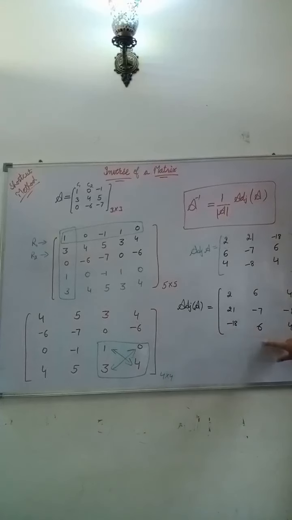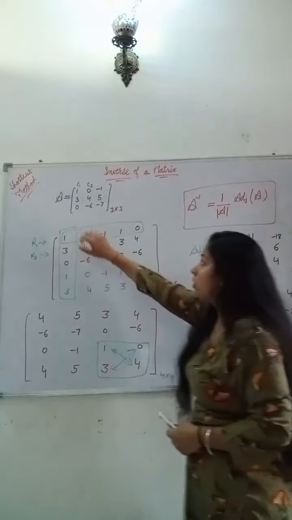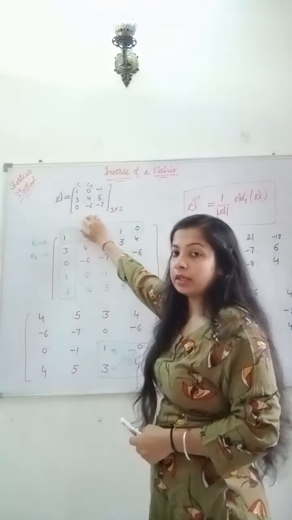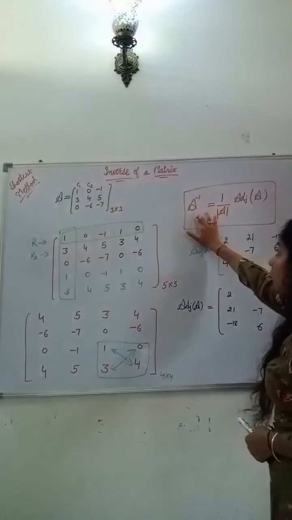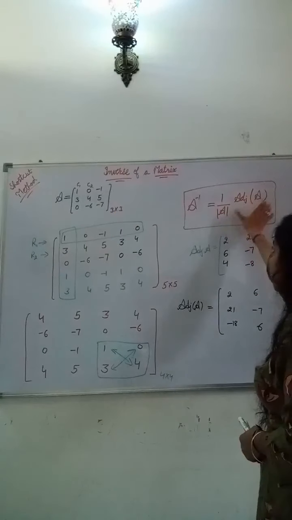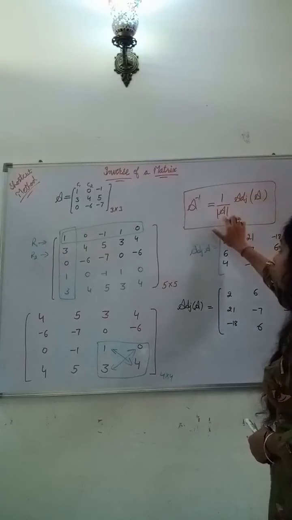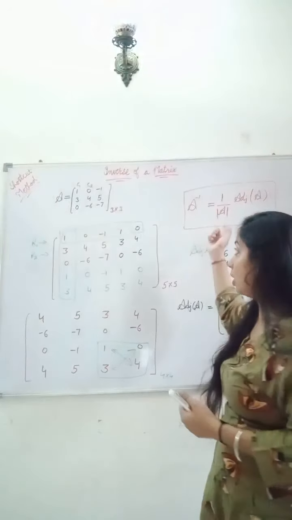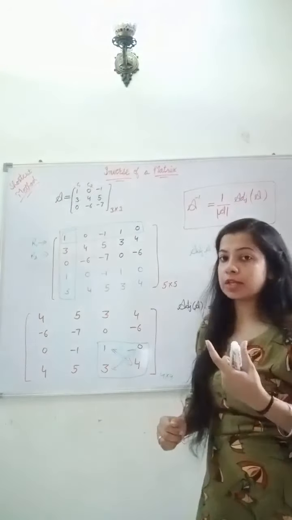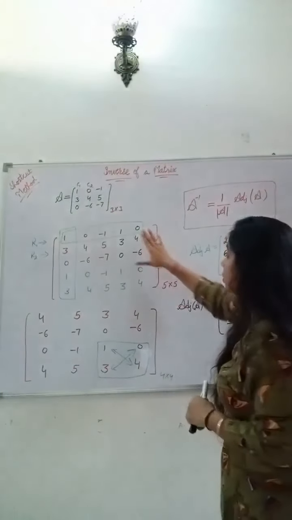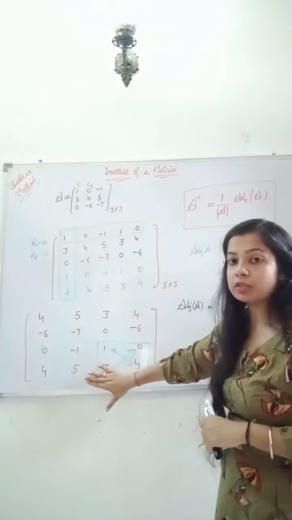Now see from the starting. First of all, I have matrix A which is of order 3 by 3. I know to find A inverse I have to follow this formula. According to this formula I have to find adjoint of A, then determinant of A. In the previous video I used this formula, but I used the lengthy process to find A inverse. In this video I am going to find A inverse by the shortcut method.